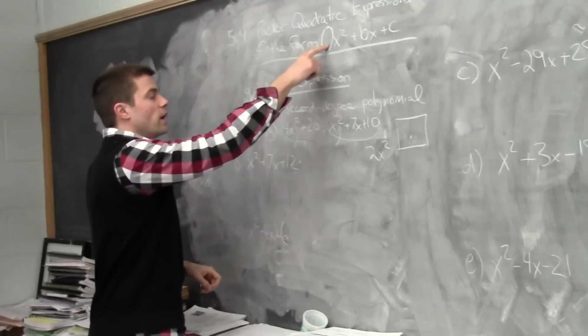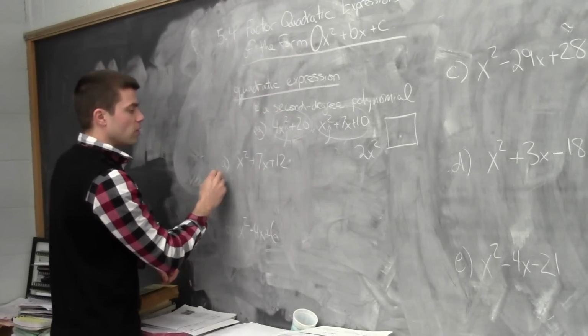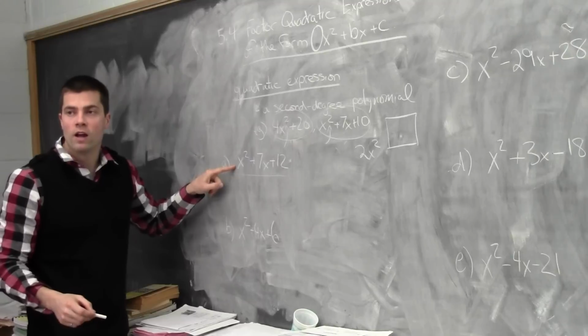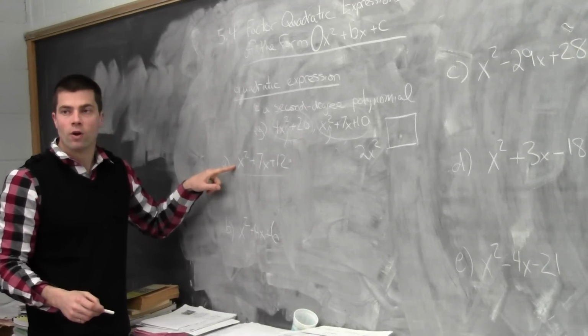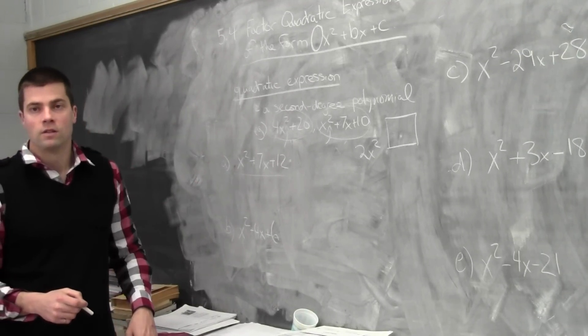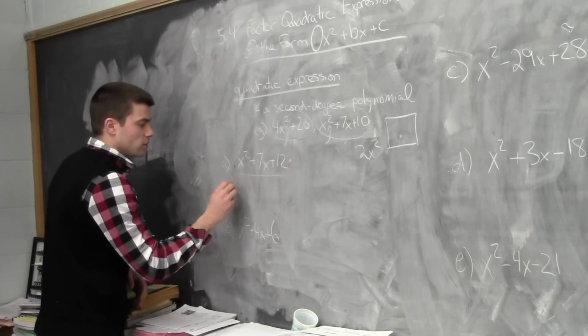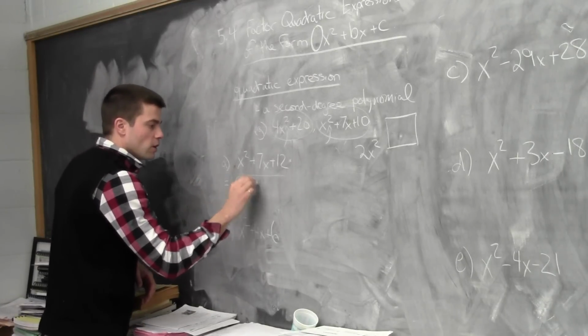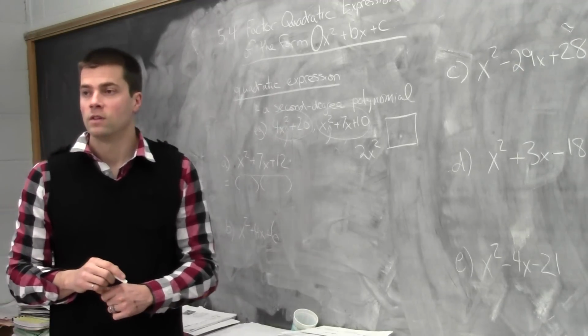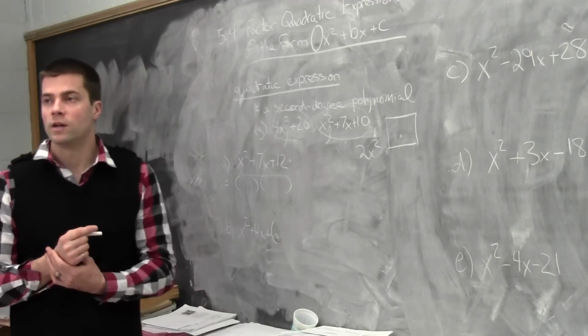And what that means is if we have a question that looks like this or like this, where we can see right away there's no coefficient of x squared, it makes our job very easy to factor. Because whenever there's no coefficient of x squared, you can go to literally one step. It just takes one step to solve these